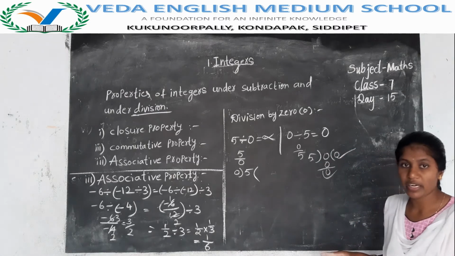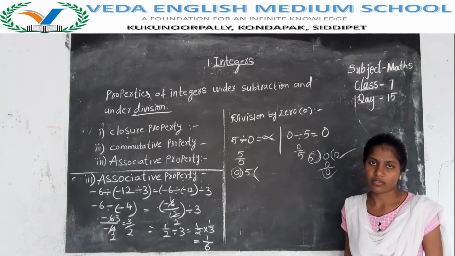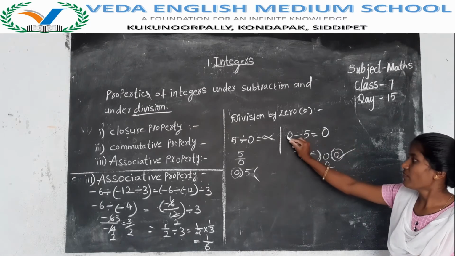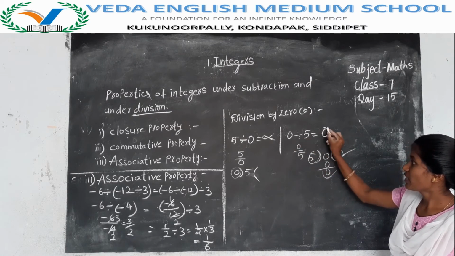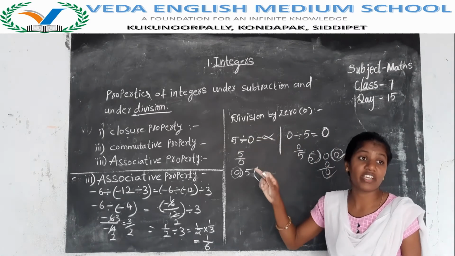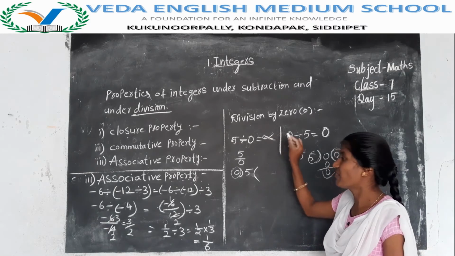In division you have to remember always quotient as the answer. We know 5 table but we don't know 0 table. Here 5 zeros are 0. If the quotient is 0, when you multiply 0 with any number, you are getting 0 as the answer. But any number with 0, we cannot define that. So it is undefined.